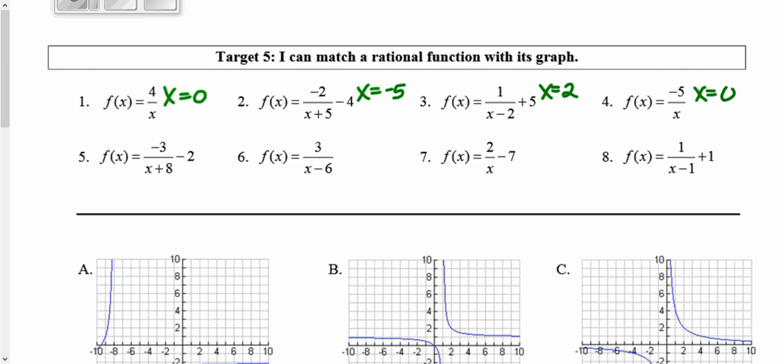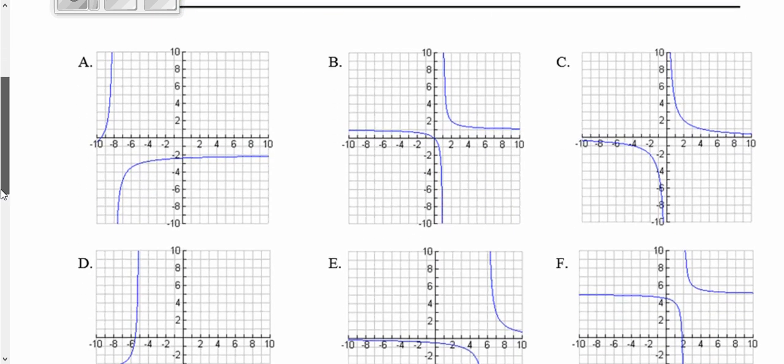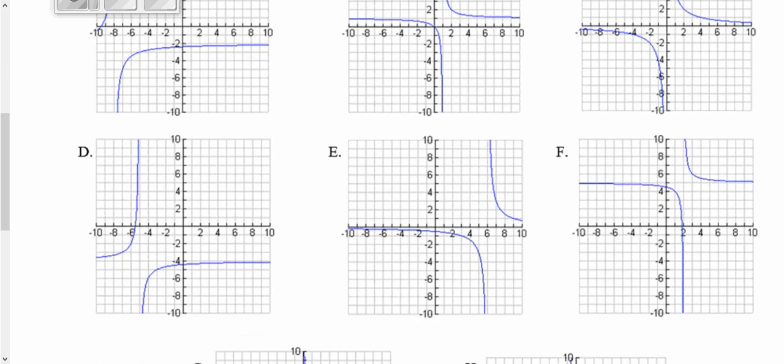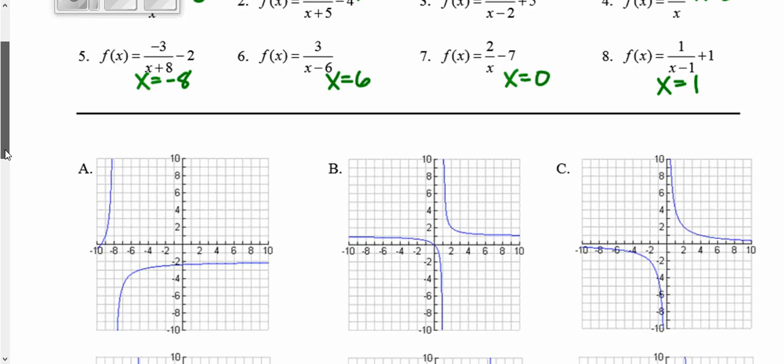And what I'm noticing is that some of these equations have a unique vertical asymptote, meaning no other graph or equation has that same vertical asymptote. So we have 3 of them that have x equals 0, but everything else has a unique asymptote. So I'm going to start with number 2. Number 2, the vertical asymptote is -5. So I'm going to see if I can spot where a vertical asymptote of -5 is. Right here on D, I can see that that vertical asymptote's at -5. So number 2